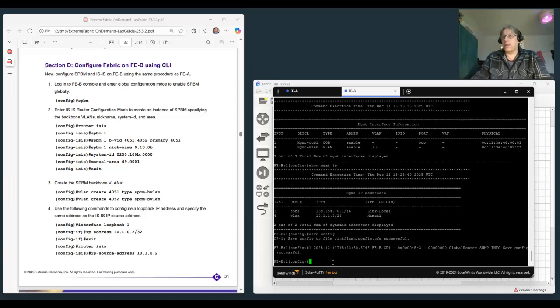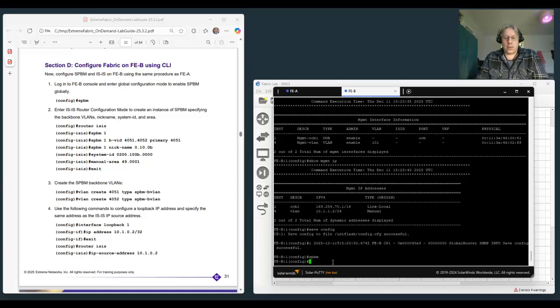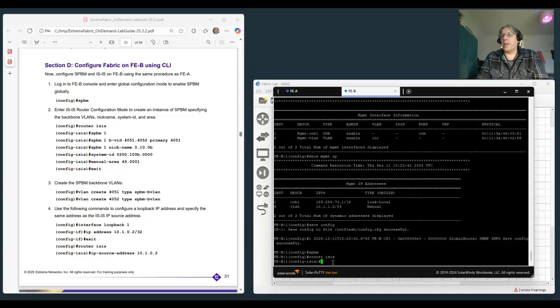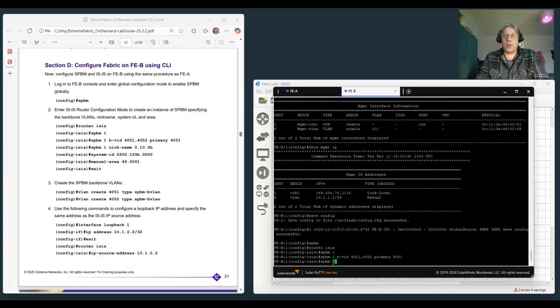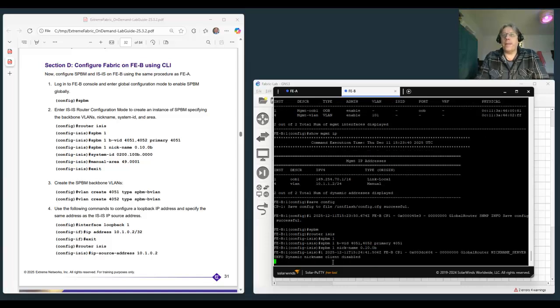So we have to go SPBM return, go into router ISIS, SPBM1 is our instance, SPBM1 bvid 4051, 4052 space primary 4051, SPBM1 nickname 0.10.0b,